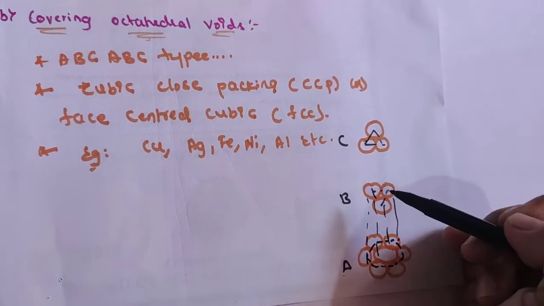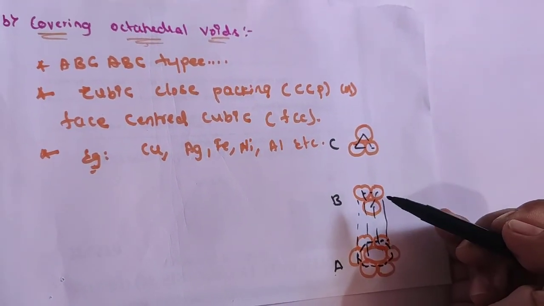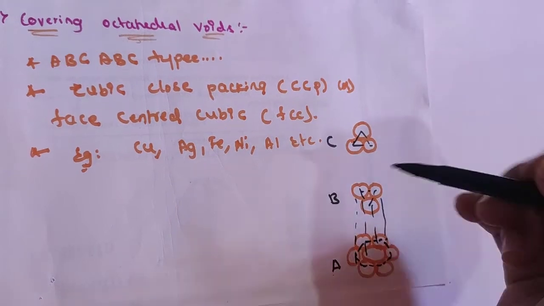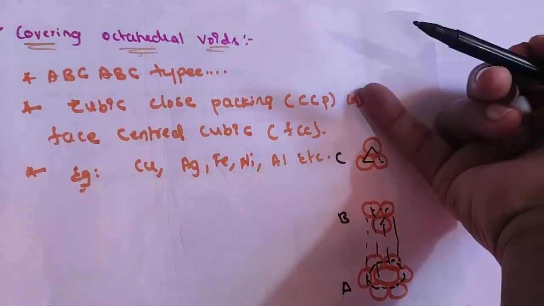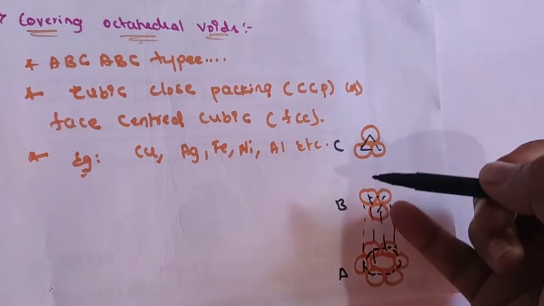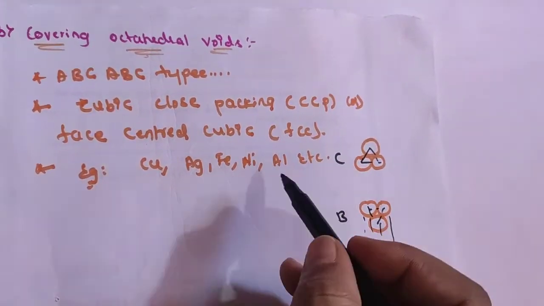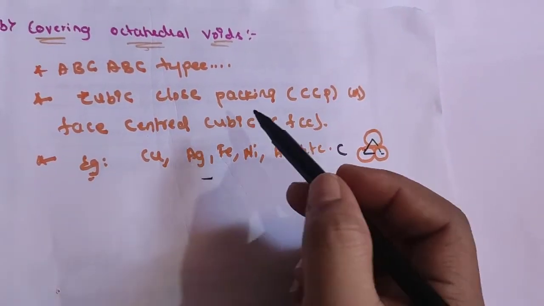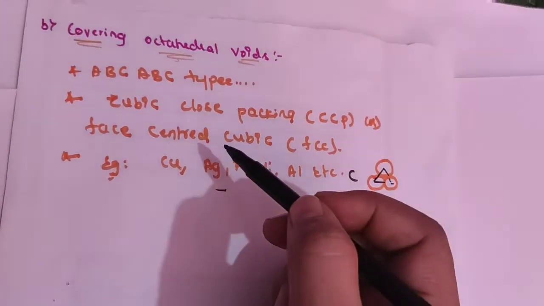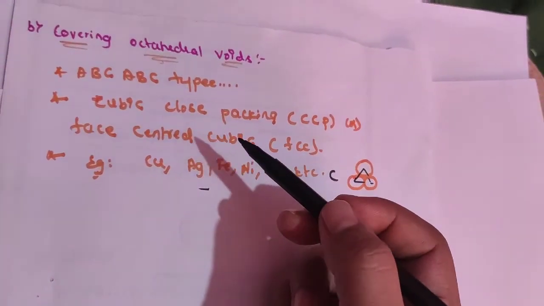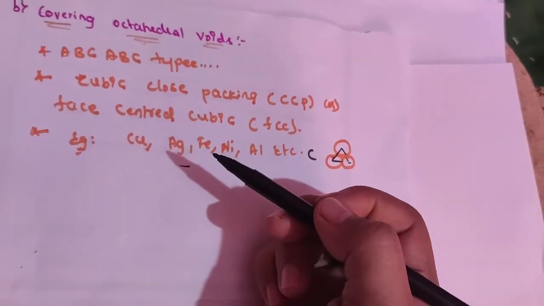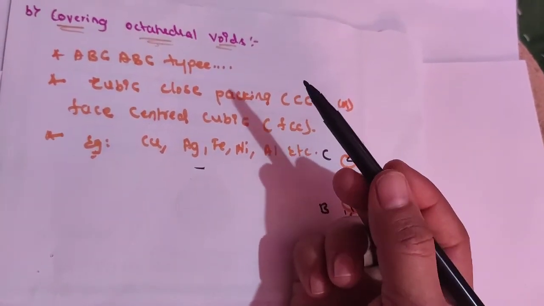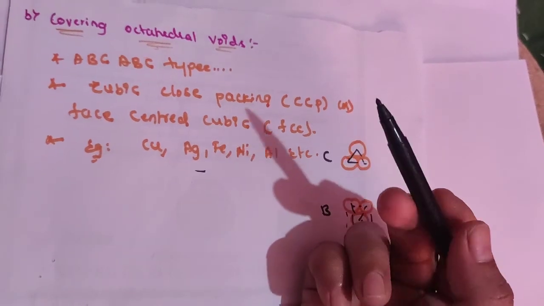And hexagonal close packing is similar to this one, that is, one tetrahedral void covering, and again there is a formation of one tetrahedron. Again there is a possibility of the A layer getting repeated, so this type of arrangement is called ABC type. So this is about the covering of octahedral voids, and the two-dimensional part is already over. So we have discussed the arrangement in three dimensions, means close packing must appear in three dimensions. How this concept is going to appear.